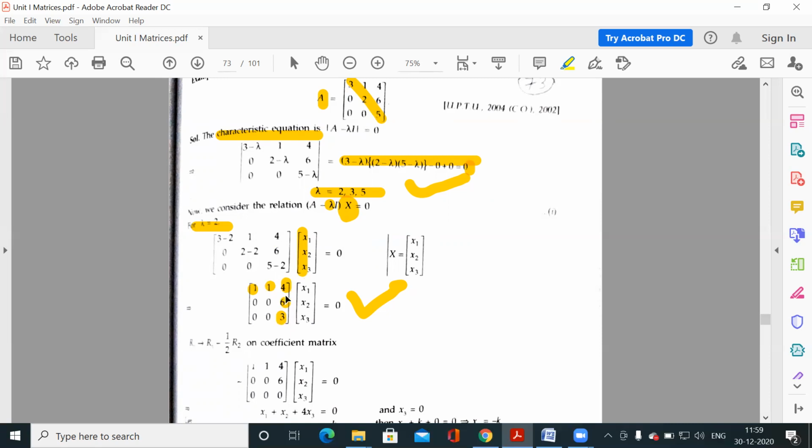और इस केस में क्या होता है, होमोजेनियस सिस्टम के केस में, when rank is equal to the number of variables, then it has only one solution which is trivial solution, but we have to find out non-trivial solution. So the rank of this matrix must be less than 3.